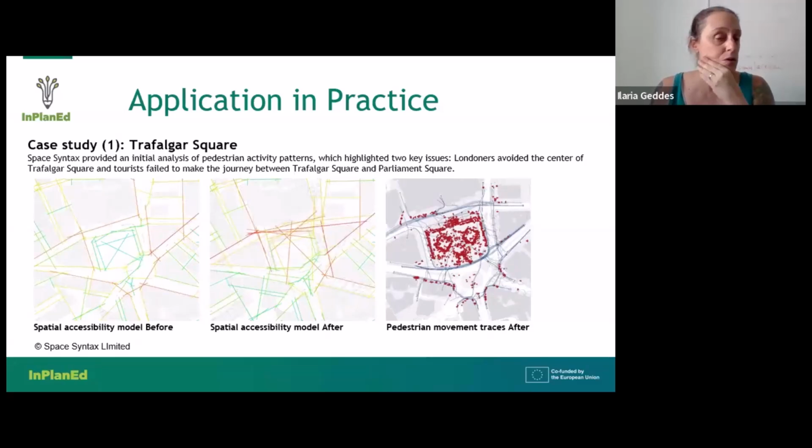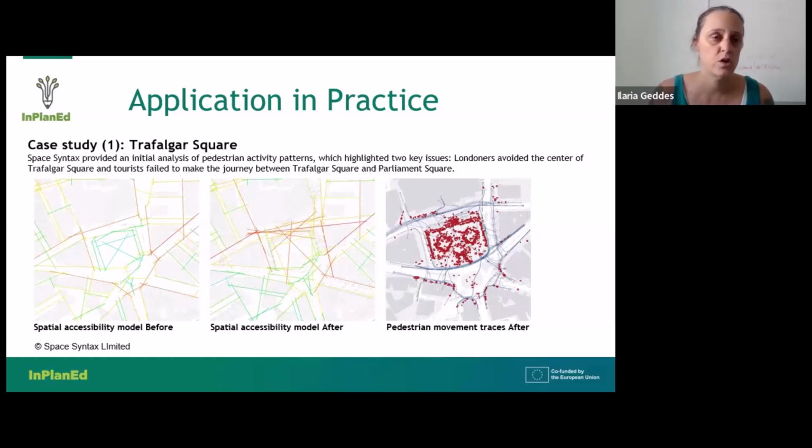The road at the northern end of the square was pedestrianized. This is why you get so many lines through it, because the model is no longer just following the pavements at the end. And this is a high resolution model. So you have a line on each side of the road where there is a pavement and a line through pedestrian crossings as well. The reason why they wanted to redesign Trafalgar Square was because it was very badly used,